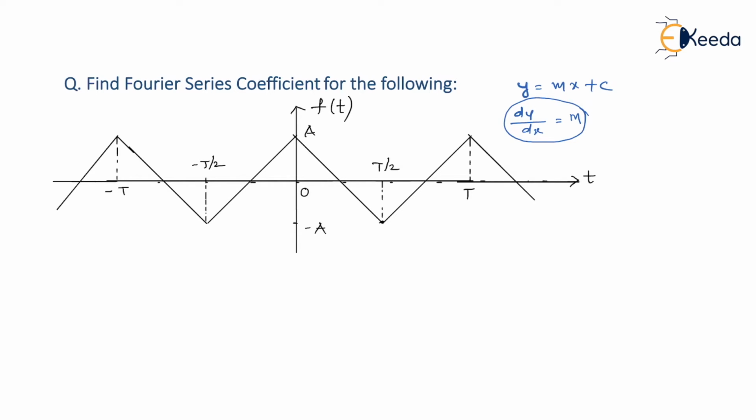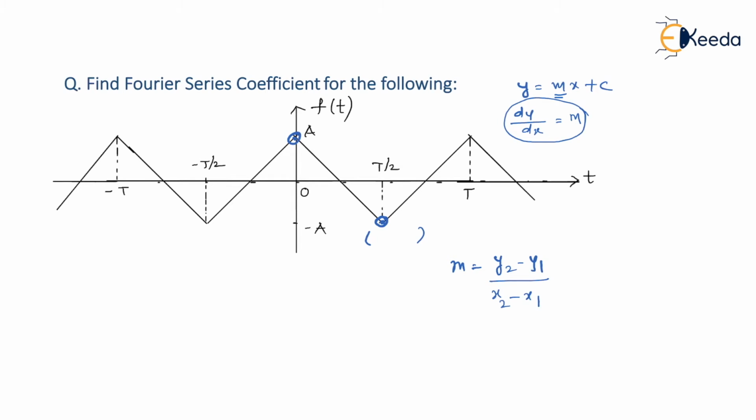So before we proceed with the derivative of this triangular wave f of t and convert it into a square wave, we first need to see what the value of m is, and what m stands for. Of course, it is slope. We are going to follow a very standard procedure. We look at two extreme points, and we know that slope m is always change in y upon change in x. So let us see what the xy coordinates are over here.